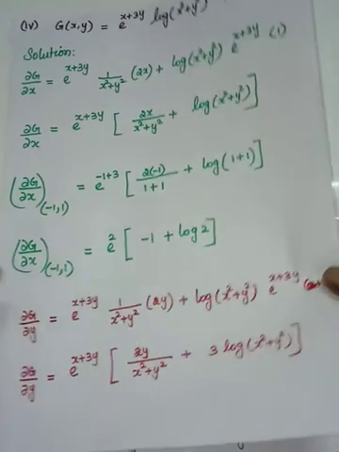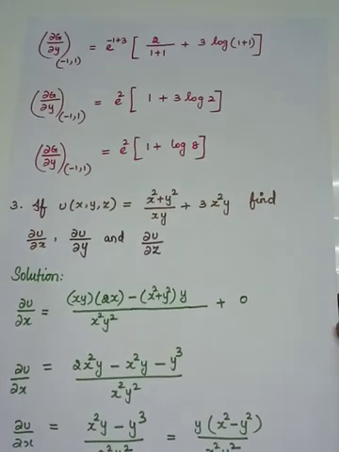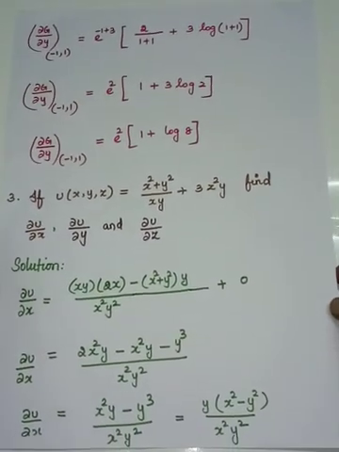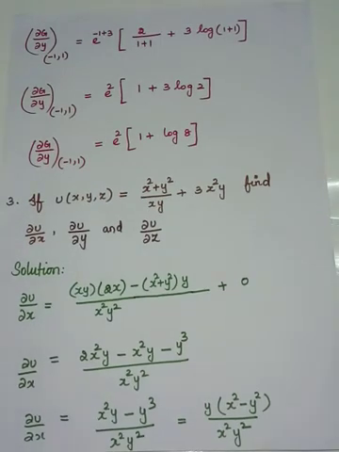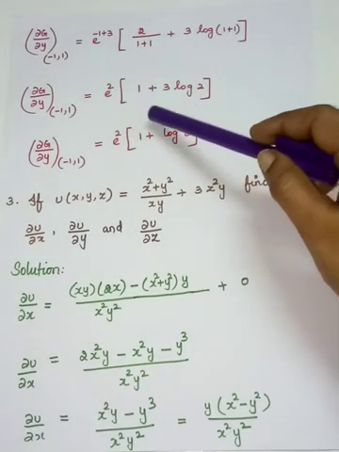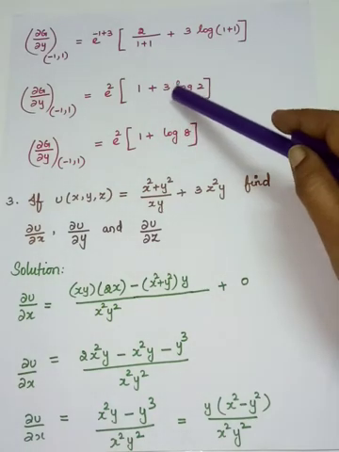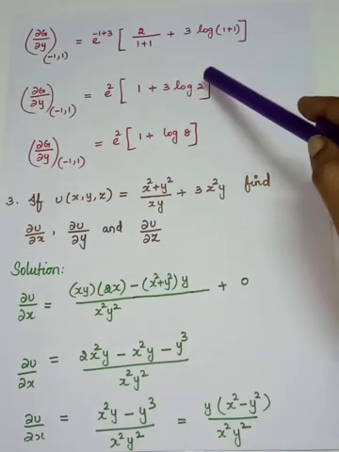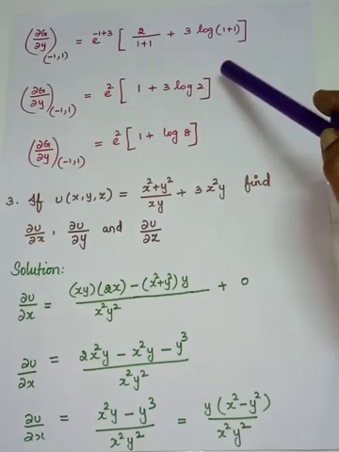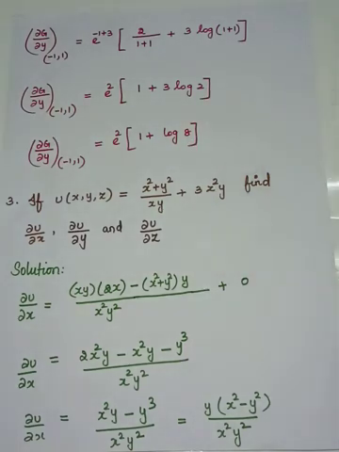So your answer will become now, what is it, e power minus 1 plus 3 into 2 divided by 1 plus 1 plus 3 log of 1 plus 1. So when you simplify it is e power 2 into 1 plus 3 log 2. Okay, so here according to the power rule in logarithms, the 3 will go to the power of 2. So it is log 2 cube. What is log 2 cube? It is log 8. Okay, come to the third problem.